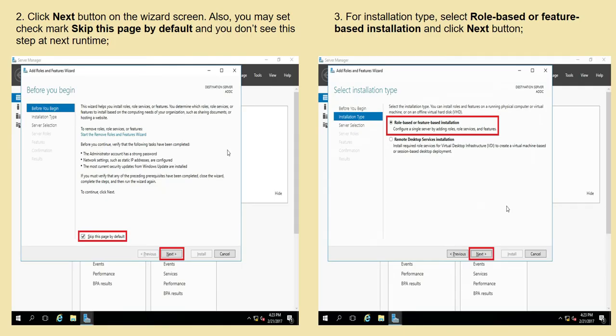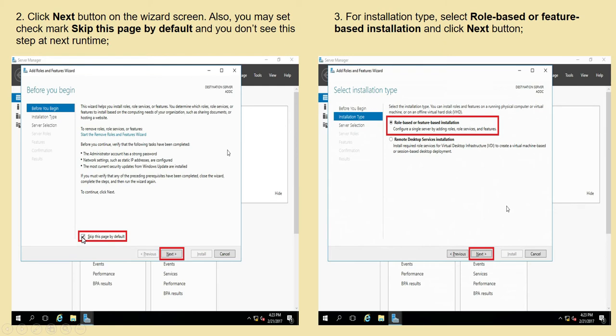Then click the Next button on the wizard screen. You may also set a check mark on skip this page by default, so you do not see this step the next time. Before you begin, you can click Next, or if you want to skip this page by default, click on this checkbox.